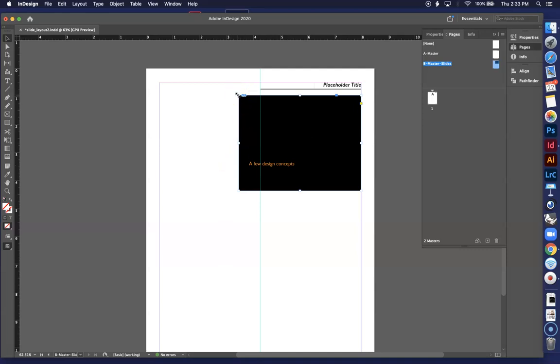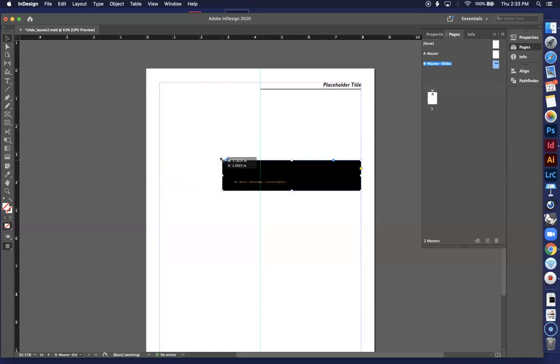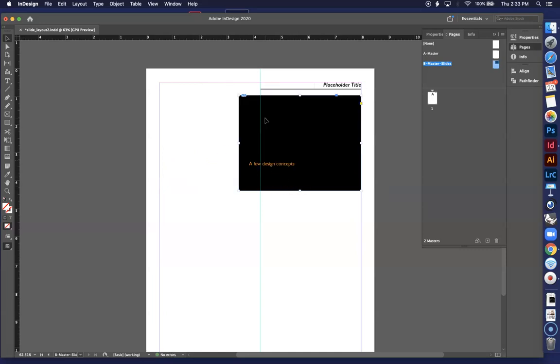Now, if I just held the Command key down, you could see I could make this kind of rectangle whatever shape I want, and it distorts the image. So I don't want that. So I'm going to undo that, Command Z to undo. So that's why you hold down Command, again, Control on the PC, Command, Shift, and then I can resize this